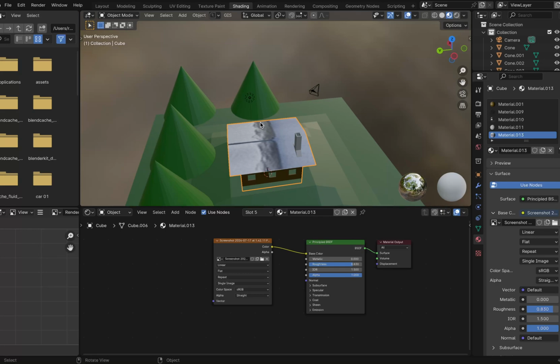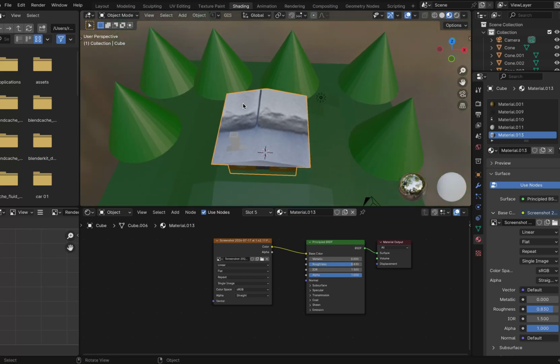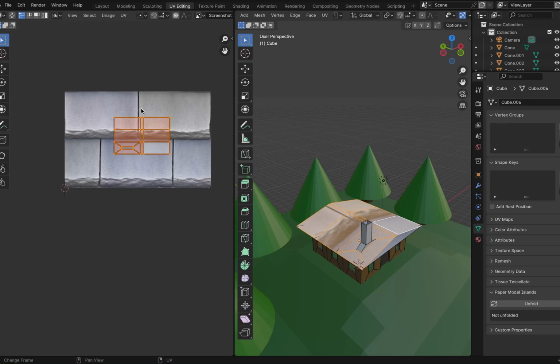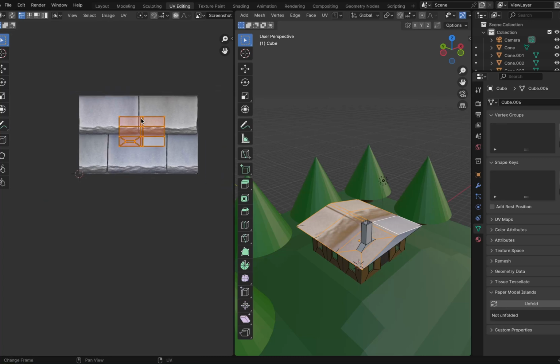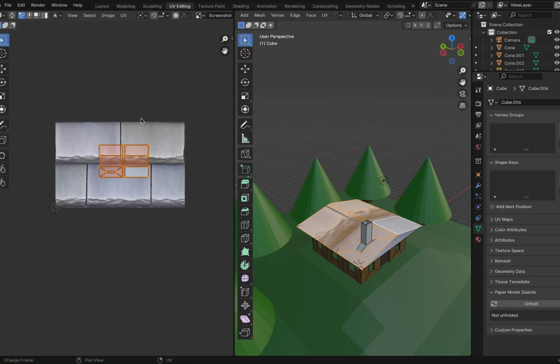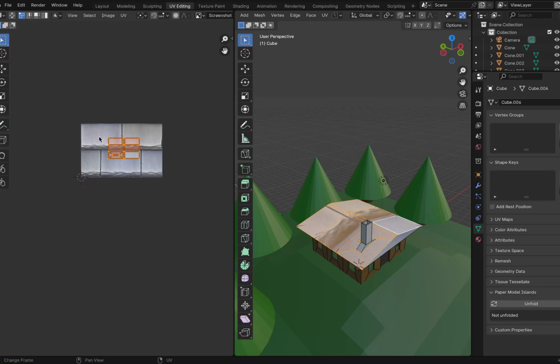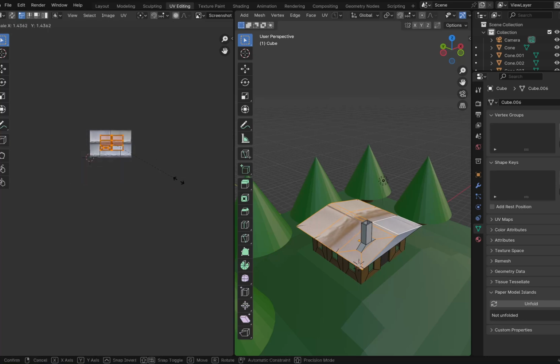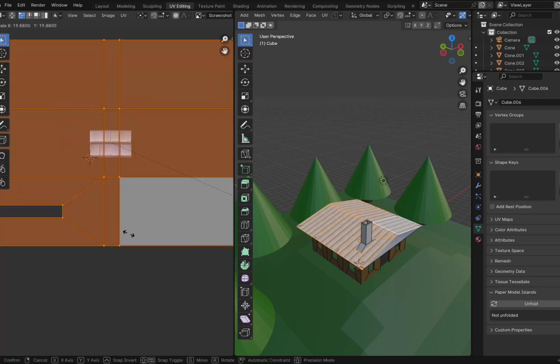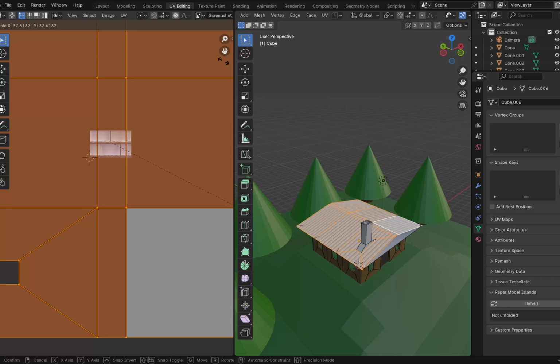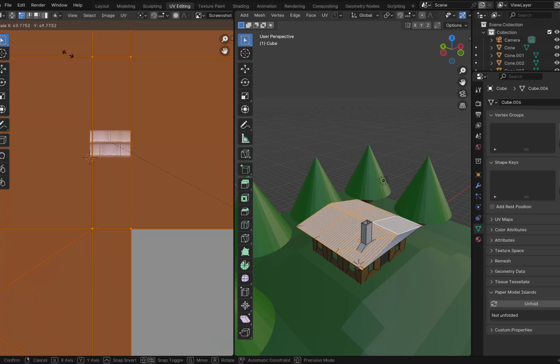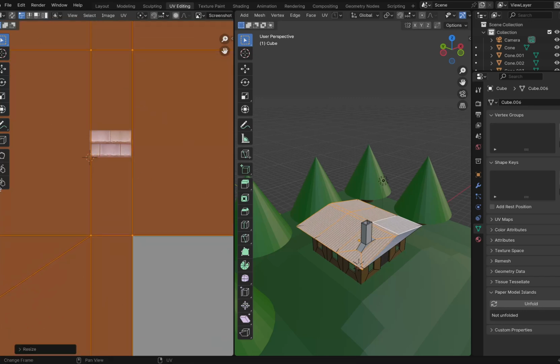Now you'll see it looks very bad, like distorted and ginormous. So for that, go back into UV editing and we see our image inside of the UV editing area now, this one. So what we're going to do is we're going to scale up our object. As I said, it will repeat the image. And houses don't really have only one roof tile. So I'm just going to scale it up about this much, which is a lot, but we have to do it.